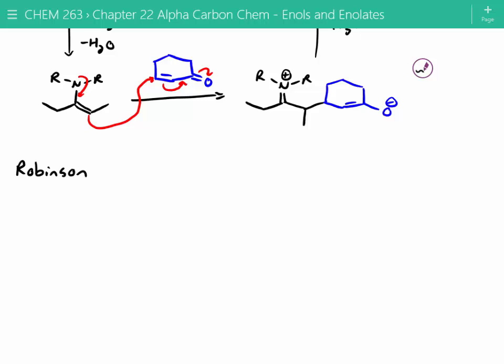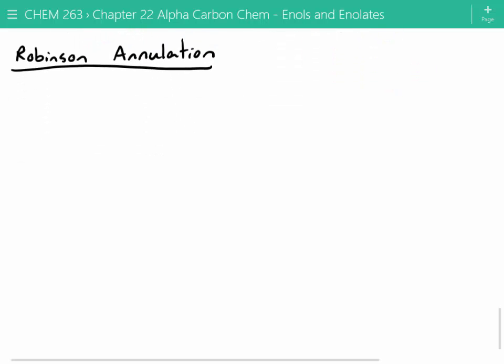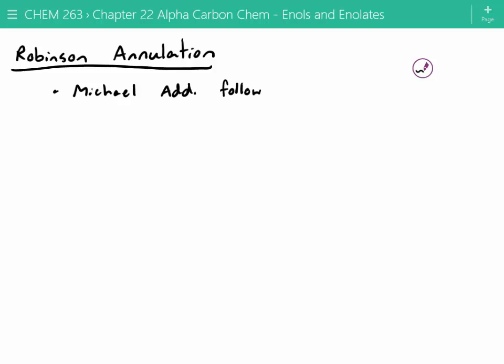The next reaction is called a Robinson annulation. And the Robinson annulation is an offshoot of Michael addition. It's a Michael addition followed by